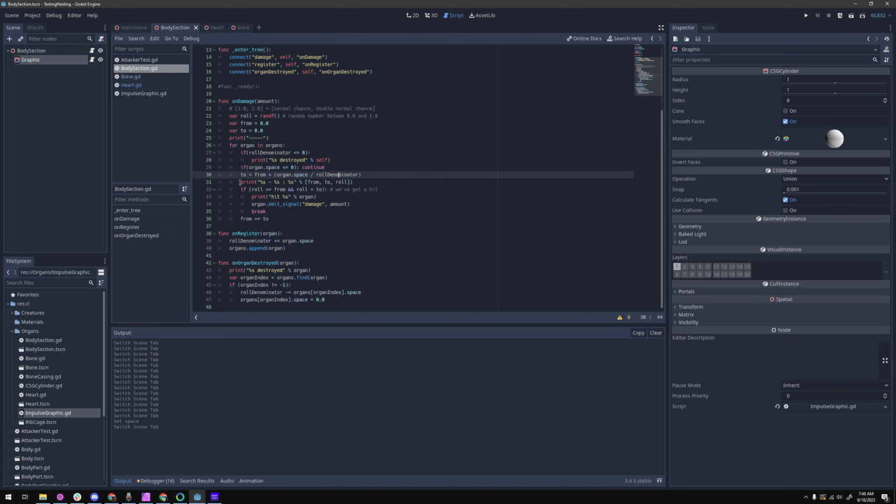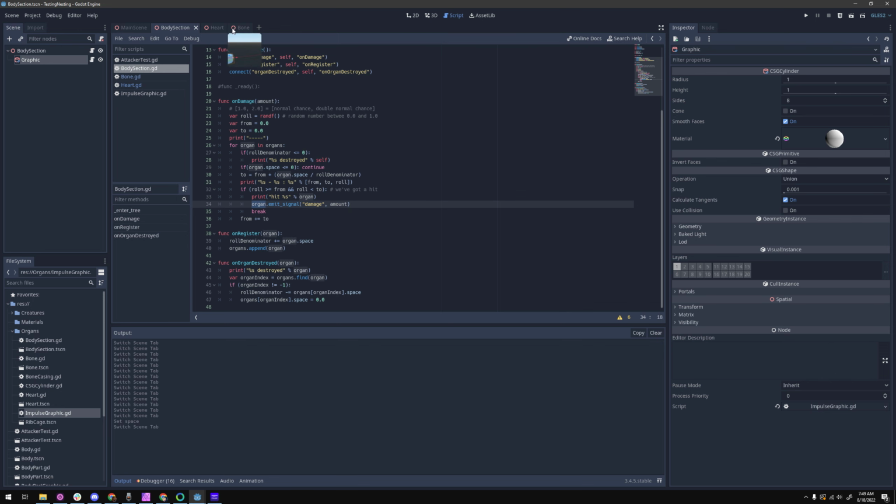So then we go down, I do a print to make sure I can see what the roll looks like and if it's in range or not. And if we're inside that range, inclusive on the front end and exclusive on the other end, we then print that we've hit it, what organ got hit. We emit the damage signal on that organ,